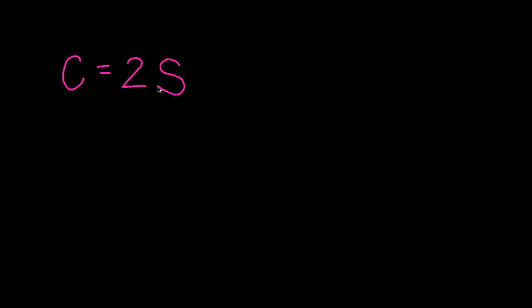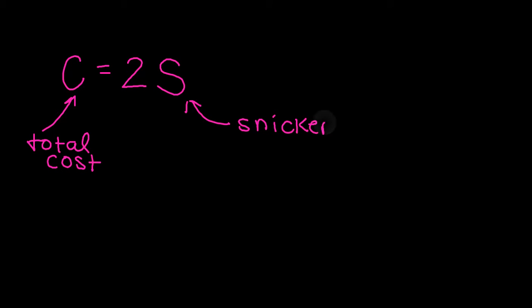Notice that for the first time, we have two variables in our equation. Okay? The C in this equation is representing our total cost. This is our total cost. And we don't know what the total cost is going to be because our total cost depends on the number of Snicker bars we buy. So for example, if I wanted to create a little chart here that was comparing my cost to the number of Snickers, if I bought, my apologies guys, if I bought